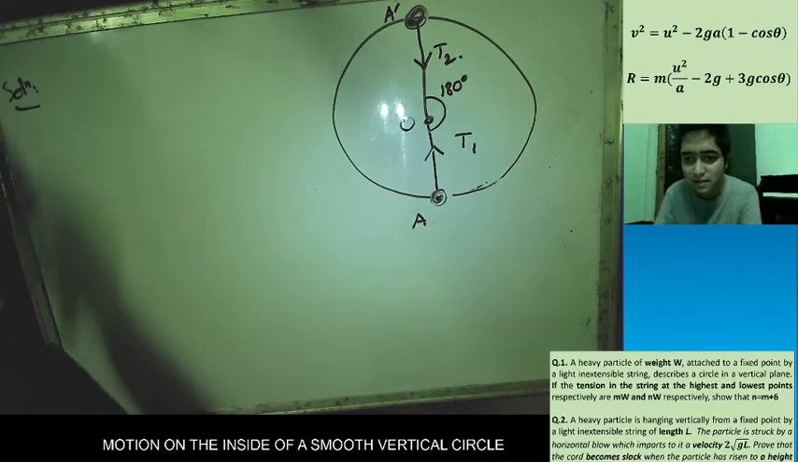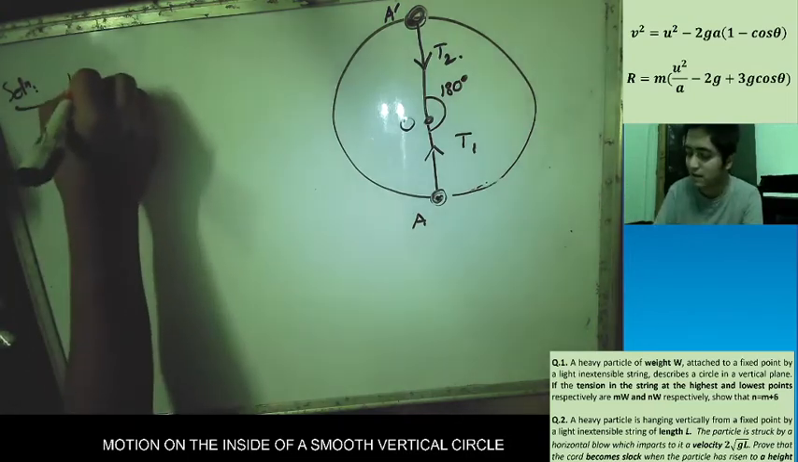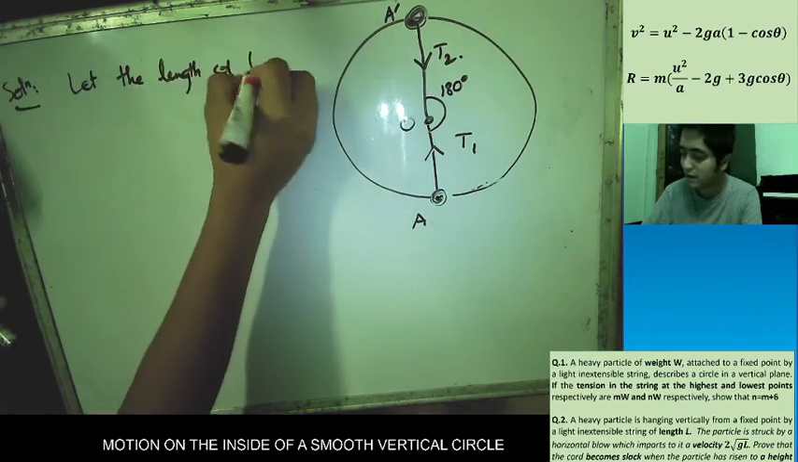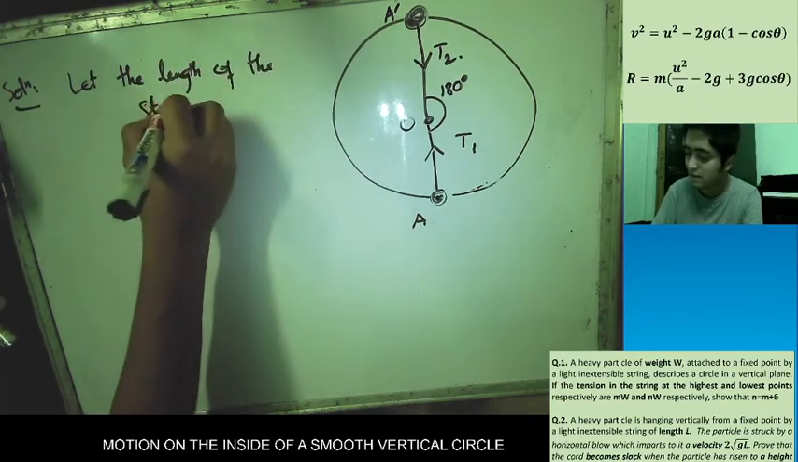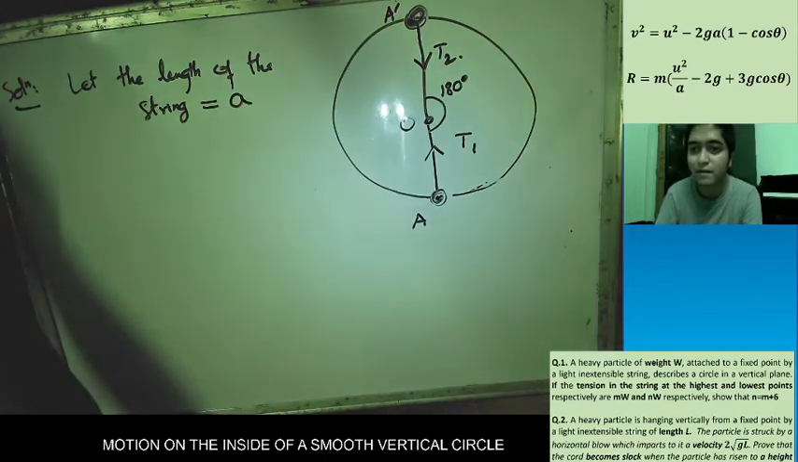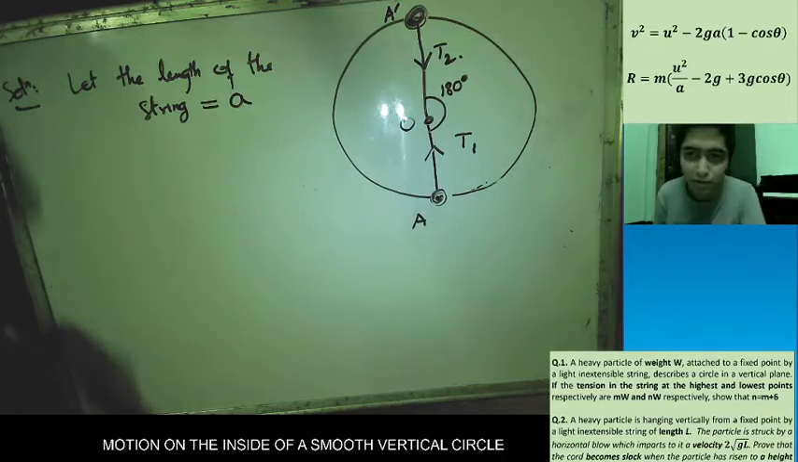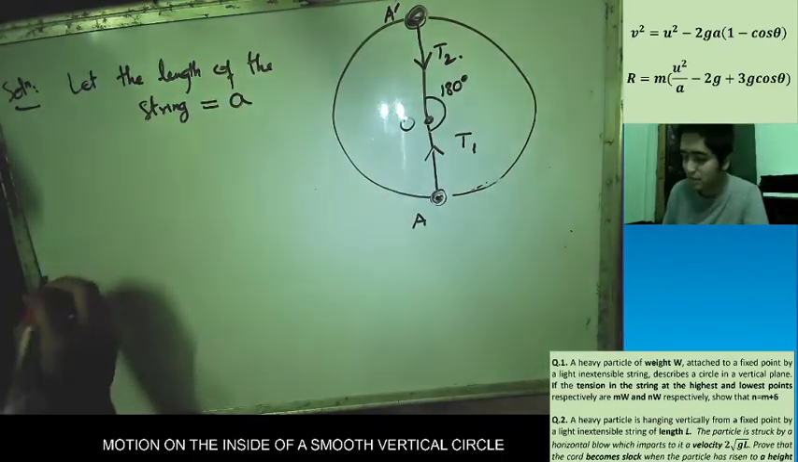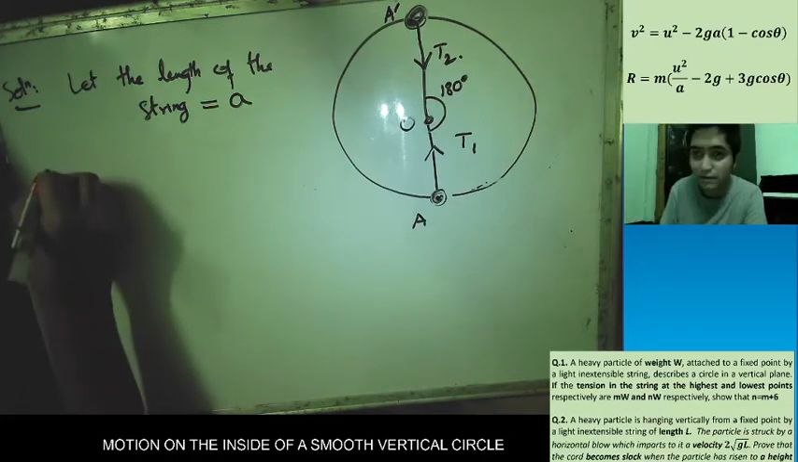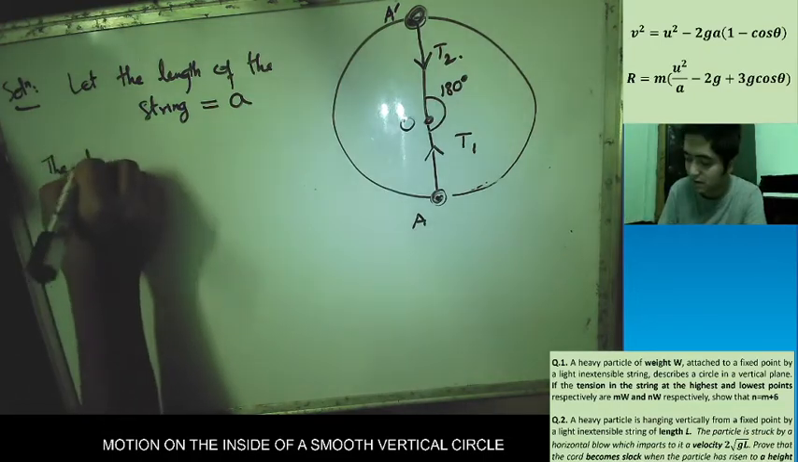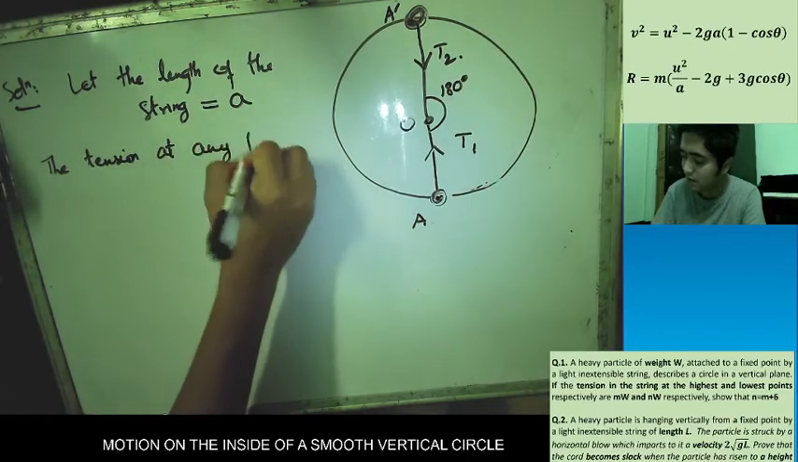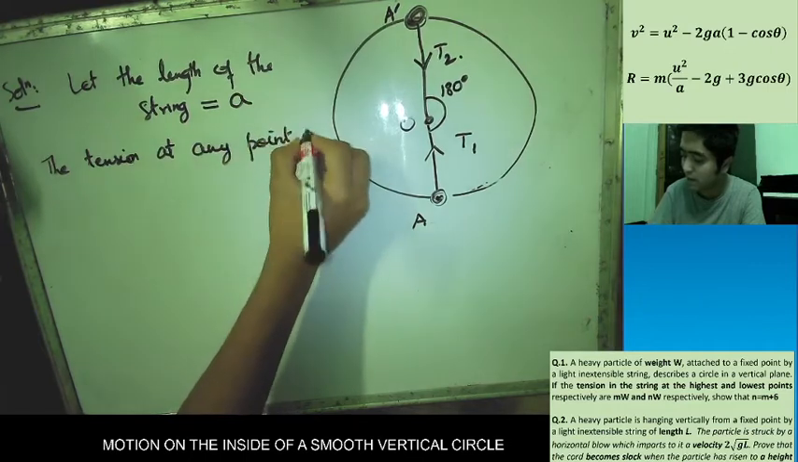Let the radius be A. Let the length of the string, because it's not given, be equal to A. We can do it with any number. We will need formula number 2. If the tension at any point is given by